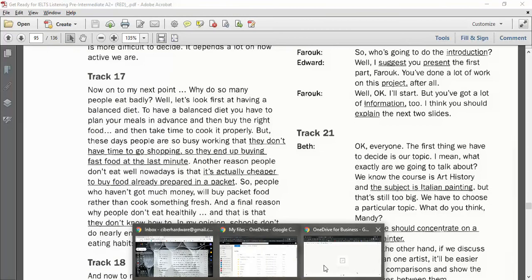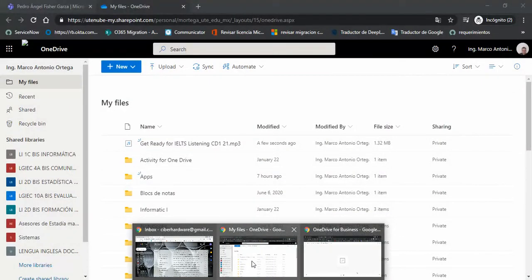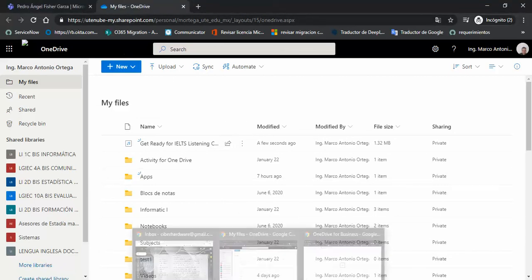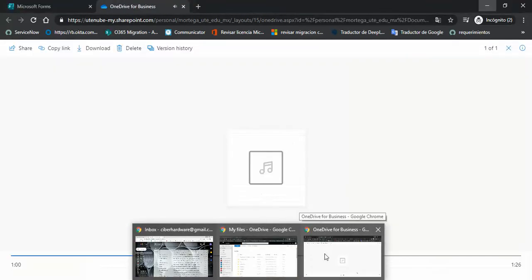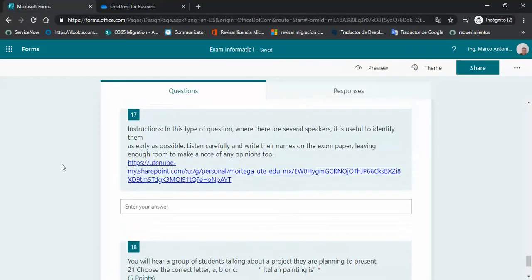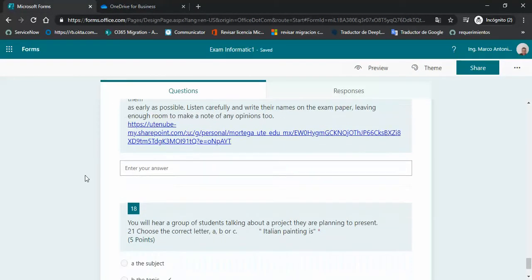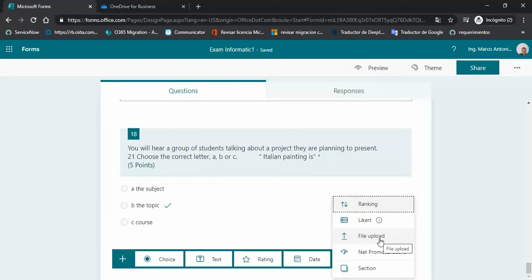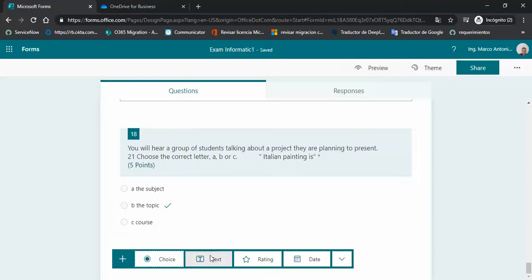So you have learned how to add audio to your exams and how to add images to your exams too. You see, let me do another practice. You can add, for example,